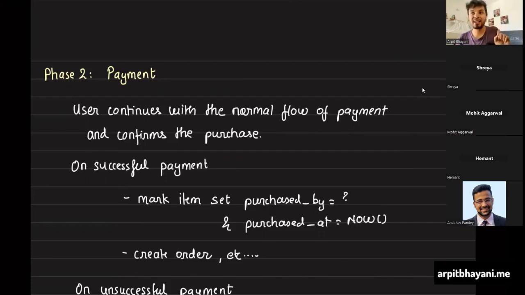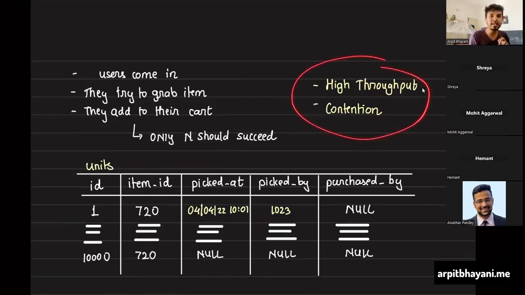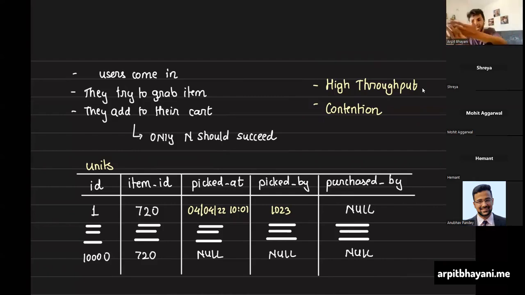So flash sale is not a distributed transaction problem. If you're thinking of it as a distributed transaction problem, then that's wrong because it's not. It's just a very high throughput and contention problem. High throughput plus contention equals locking. So the thing about flash sale is once an item is picked by a particular user, the flash sale ends there. Item is picked, problem solved. Because you cannot let 50,000 people make payment and then refund money of 40,000 people. You would never do that.